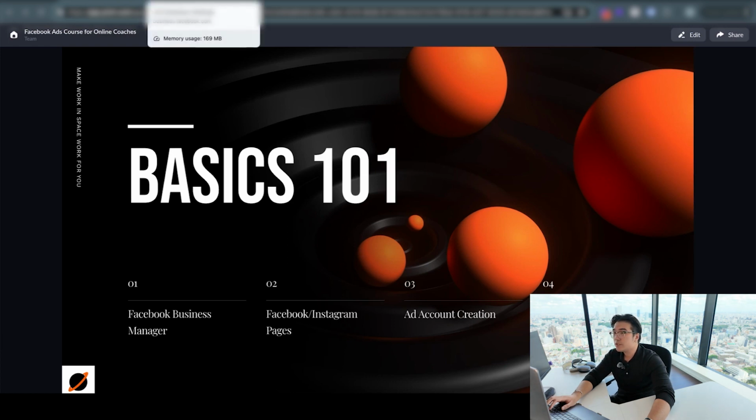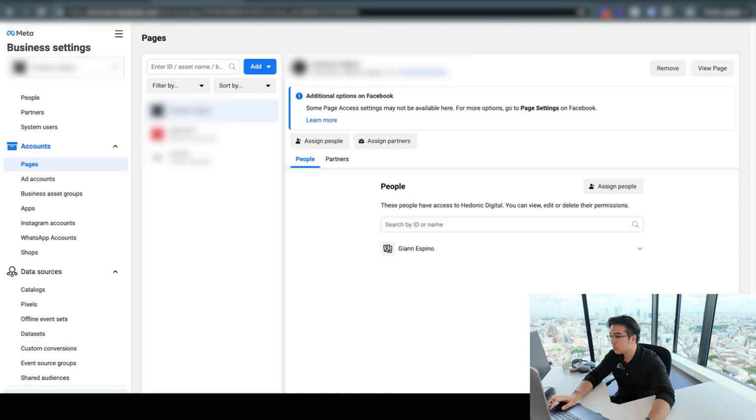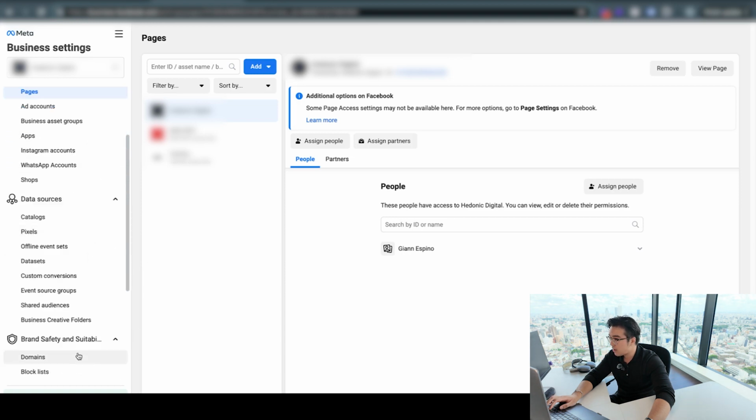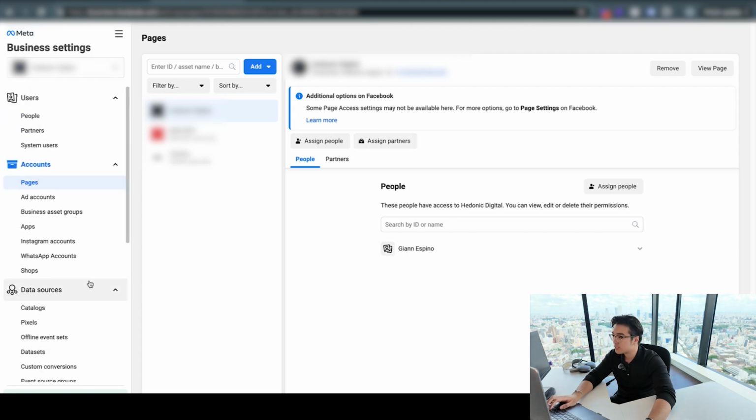All right, once you officially sign up, you'll be on a page that looks like this, which is the business settings. So business.facebook.com, you'll go to the business settings, right? This is where you're gonna be landing. So on the left-hand side, we want to first create a page, then we'll create an ad account, and we'll connect your Instagram account, and from there we'll do domain verification, and then we'll set up your pixel itself. These are the bare bones basics you need in order to create a Facebook account.